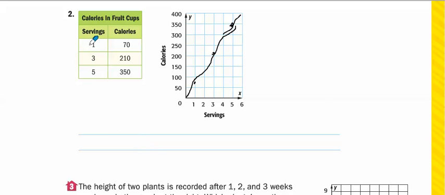Well, if we go from 1 to 3, this is tripling, and 1 to 5, that's 5 times. From 70 to 210, that's tripling, and from 70 to 350, that's multiplying by 5. So they are proportional. Or, if you like to do it in a fraction, we've got 1 over 70